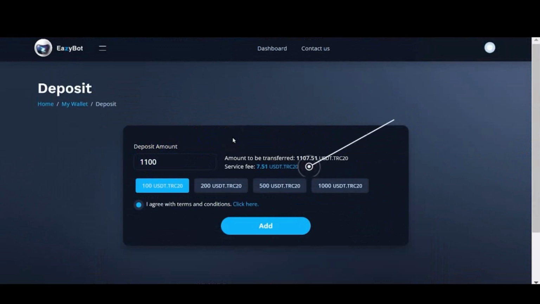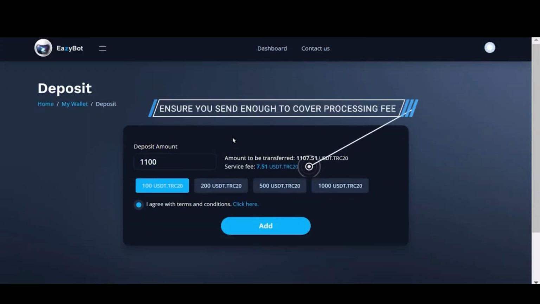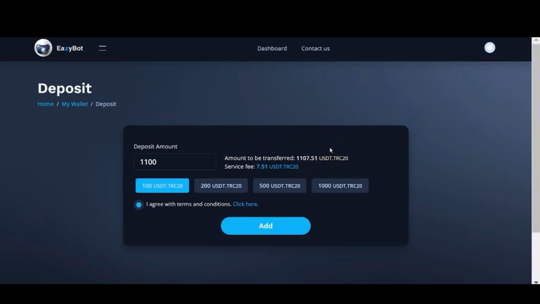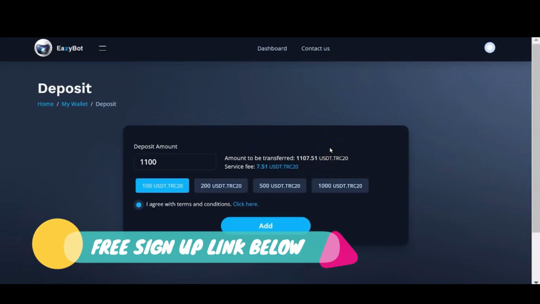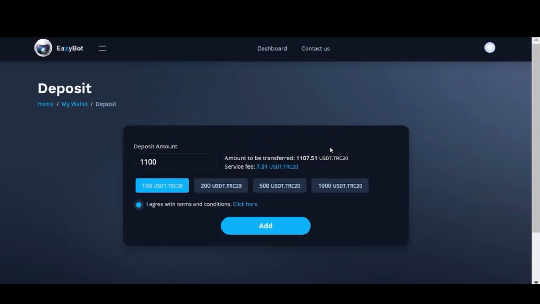At the time of recording this video, the only option is over the TRC20 network, over the Tron network, sending the USDT stablecoin. However, USDC should also be available, and the ability to make a deposit over the ERC20 network, so over the Ethereum network. Depending on your crypto exchange, Binance.com is fully compatible with withdrawals over the TRC20 network, and Coinbase Pro, you can